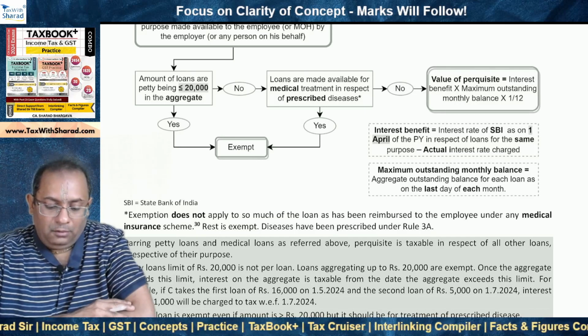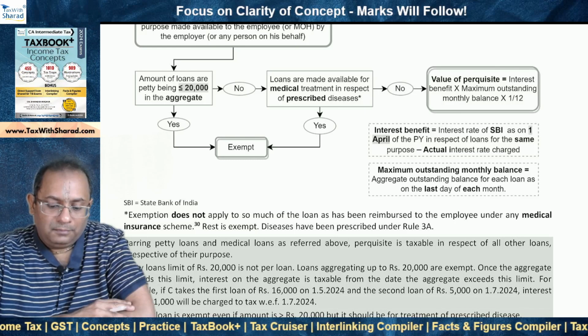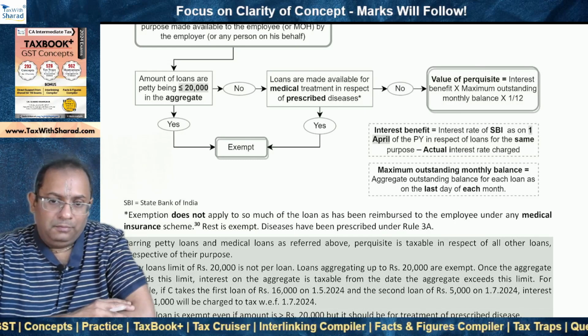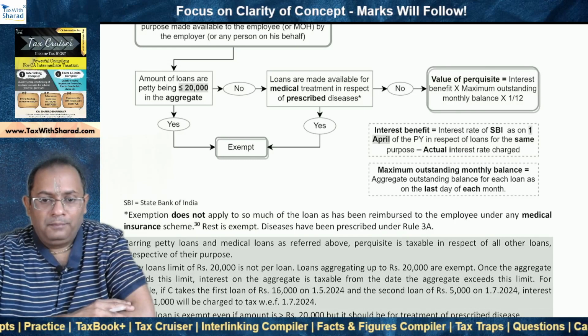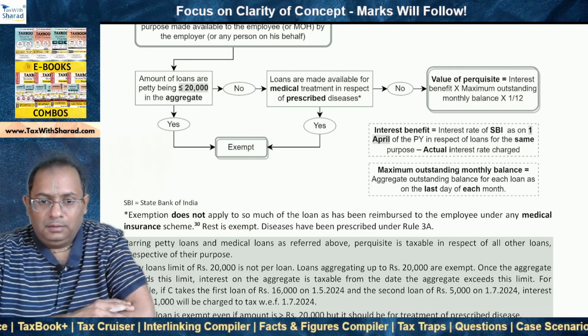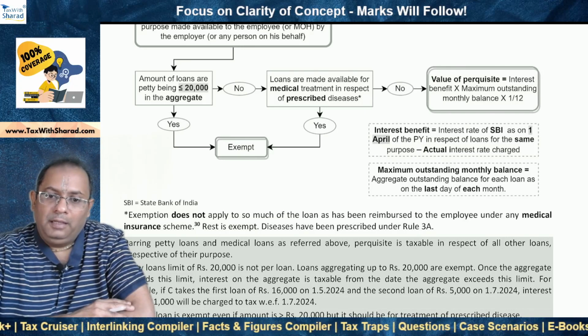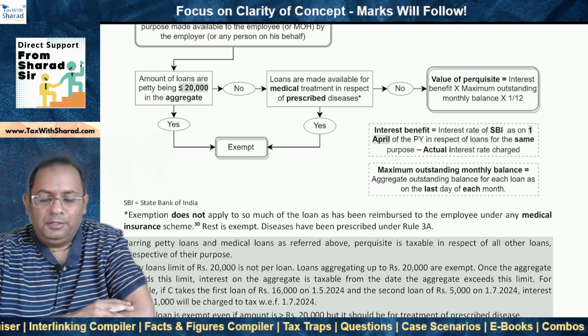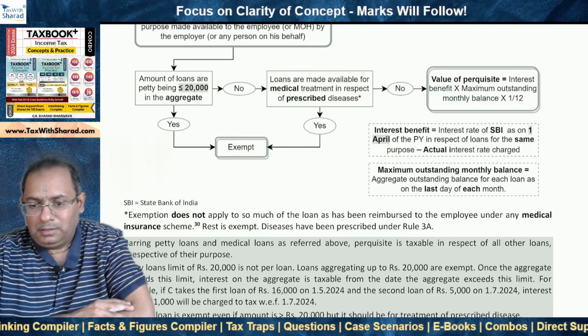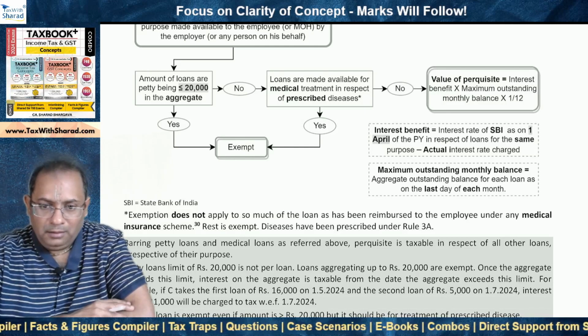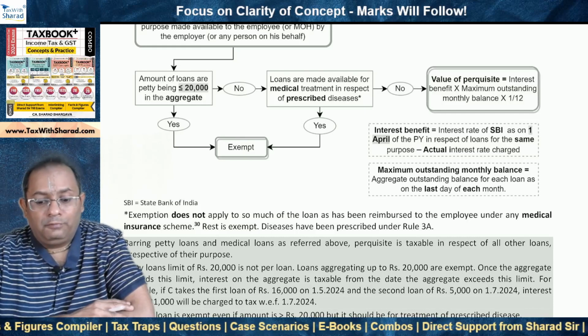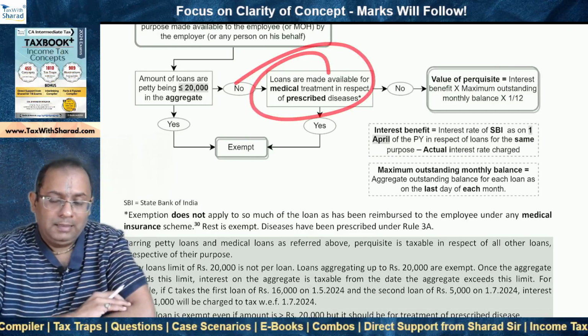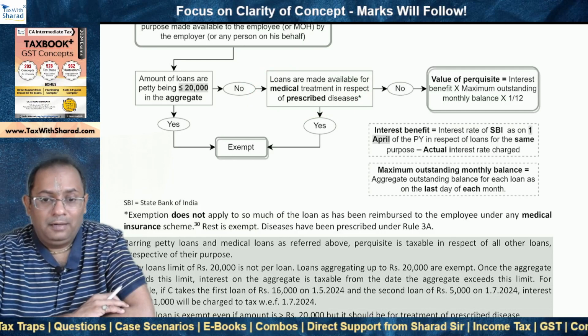Okay, and you have taken a loan of say 1 lakh rupees, and you have incurred the expenditure in the hospital, say of 70,000 rupees, and you have a medical insurance, and you make a claim to the insurance company, and you are reimbursed 70,000 by the insurance company, so you get 70,000. So you have taken 1 lakh of loan and you are claiming it as exempt from the head salaries, and